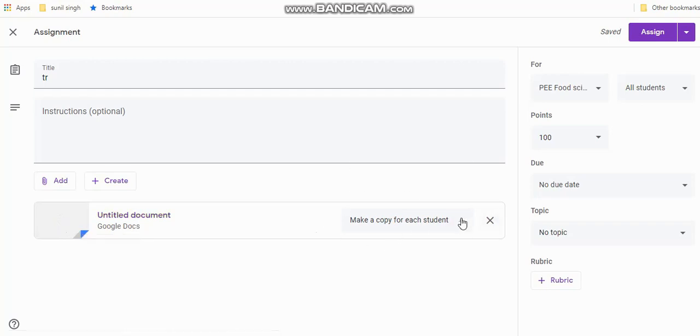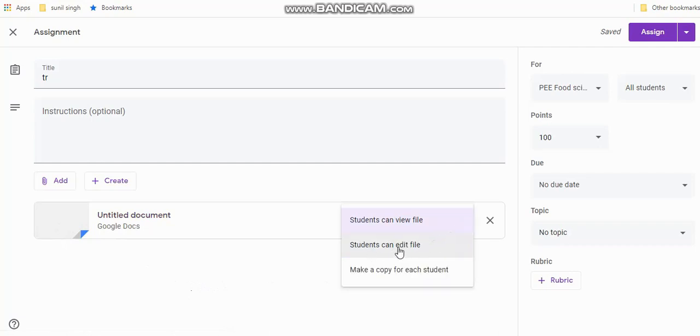If we choose student can view the file, then the student cannot edit this file. He will do it on his own sheet and then upload the document. So whatever you want, you can do this.